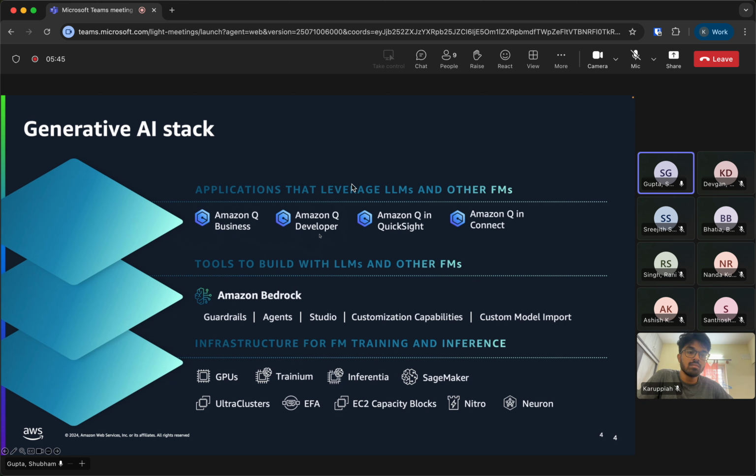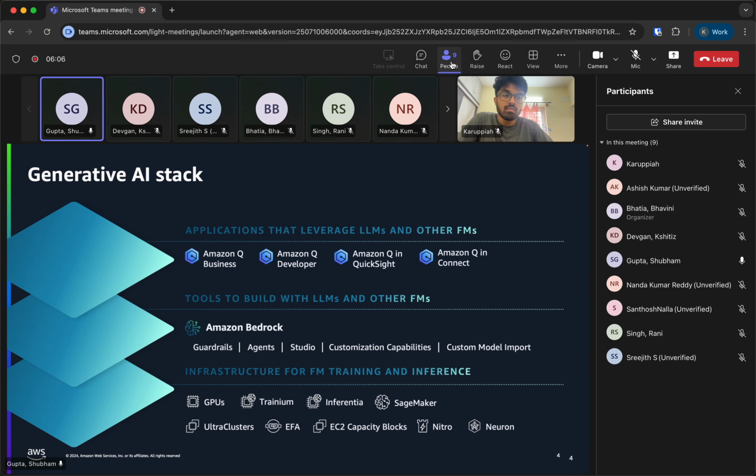Then we have Q Developer here, which helps not only in your coding assistance for your developers, your end-to-end development of your code, new functionalities, but also the DevOps, managing your infrastructure, and troubleshooting your issues, be it in network, infrastructure, code, and any sort of creating your documentation, running your test cases.